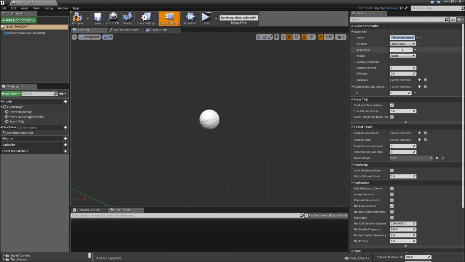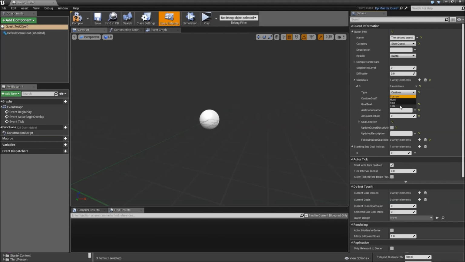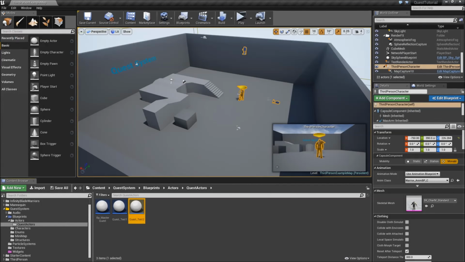Make that a side quest this time maybe and add 1 sub goal to it. Make it custom goal and type in this is the second quest. Really doesn't matter. Then we can hit compile, save, and go back to our